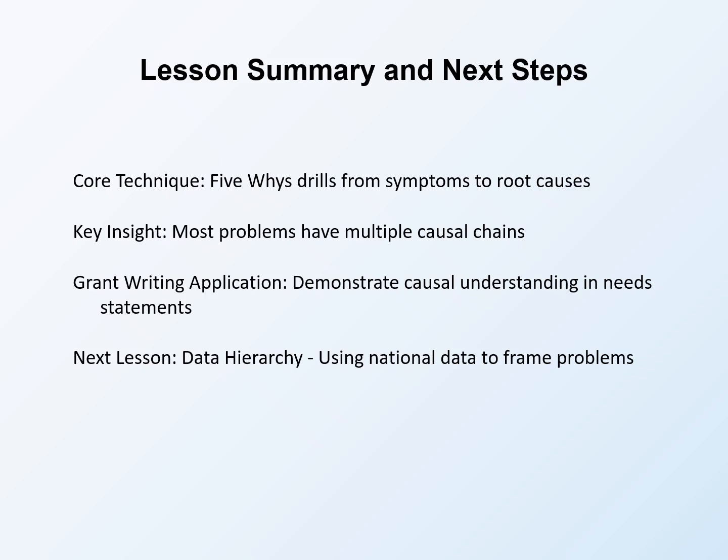The key insight is that most social problems have multiple causal chains. A single problem may result from skills gaps, discrimination, policy failures, economic conditions, and cultural factors simultaneously. Acknowledging this complexity while strategically focusing your intervention demonstrates sophisticated thinking. For grant writing application, incorporate root cause analysis into your needs statements. Present symptoms with supporting data, then trace to causes with supporting evidence. This demonstrates to funders that you understand not just what the problem is, but why it exists, building credibility for